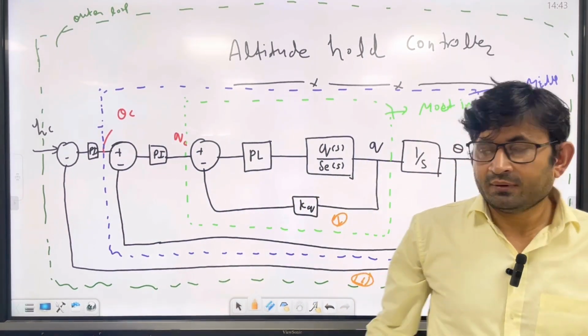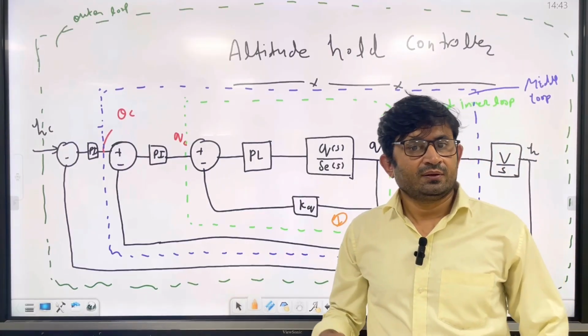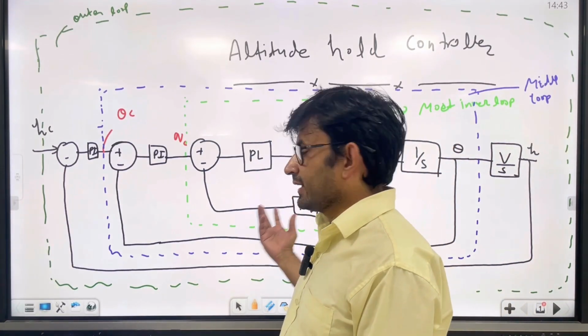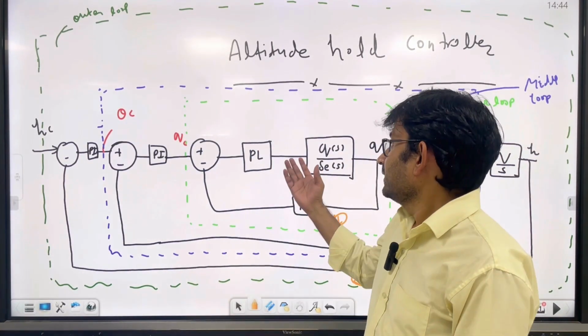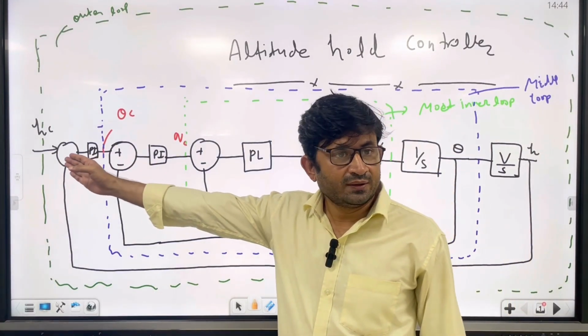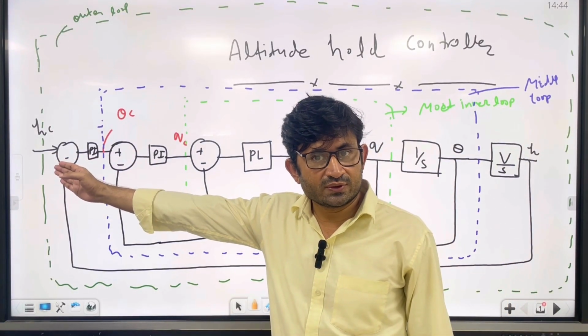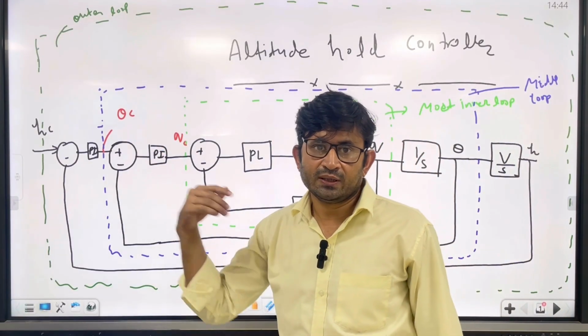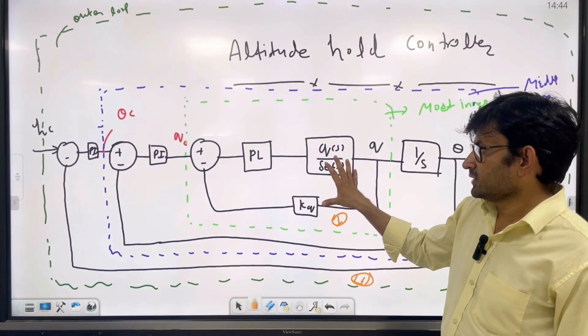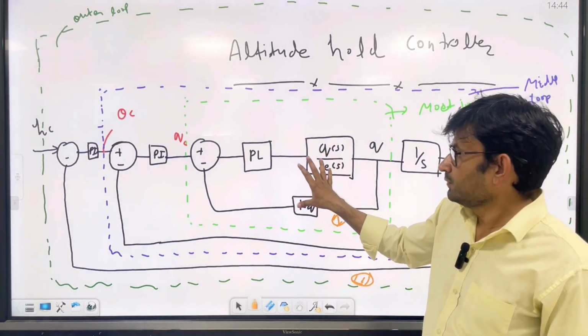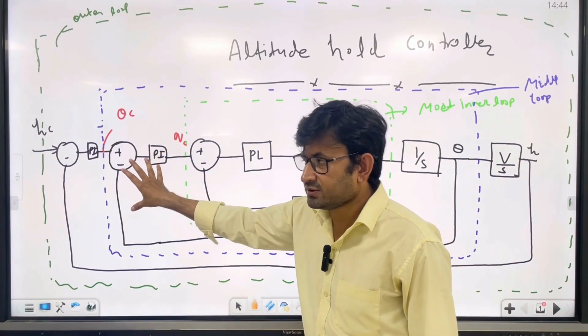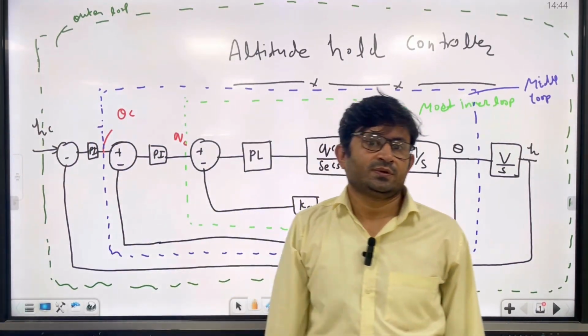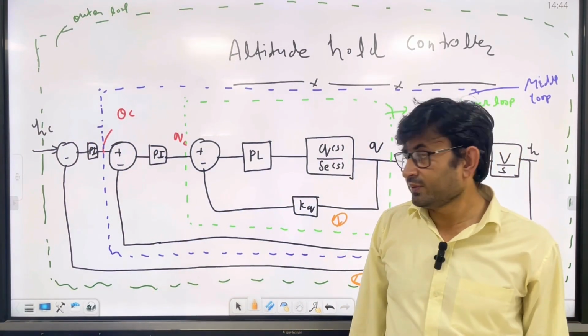I mean to say, the inner loop will be run at a higher frequency and the outer loop will be run at a lower frequency, and the middle loop frequency will be in between the inner loop and outer loop. That means this is the fast loop, then a little fast, and then slower. Okay. Why are we doing this? Because